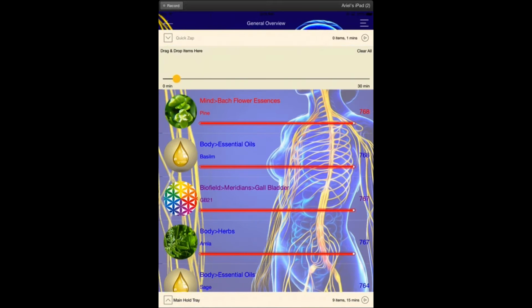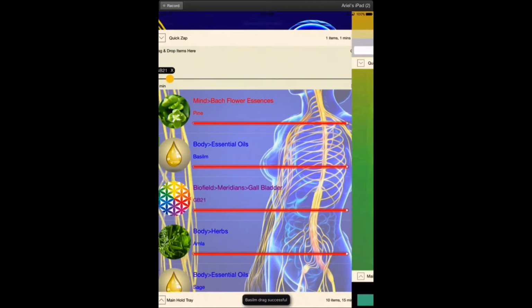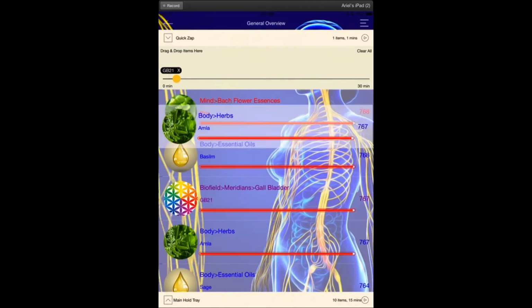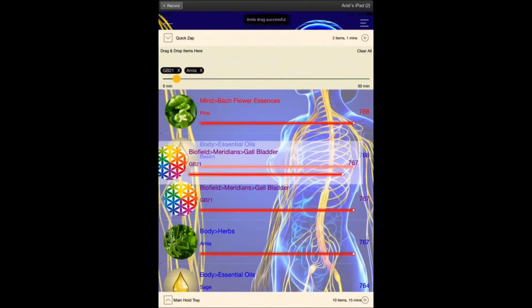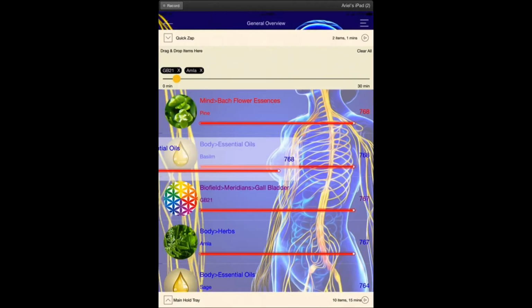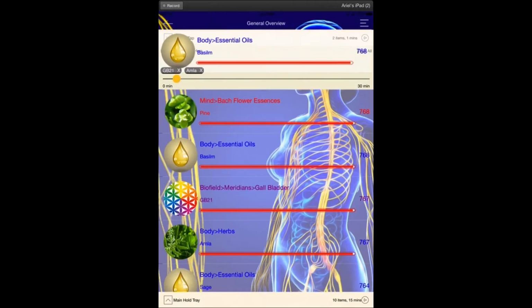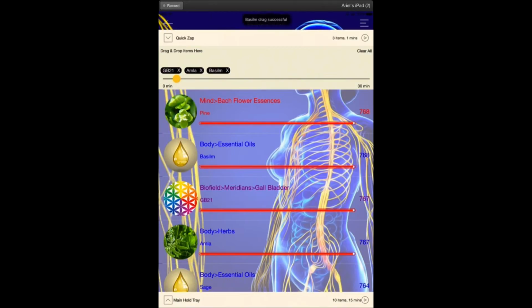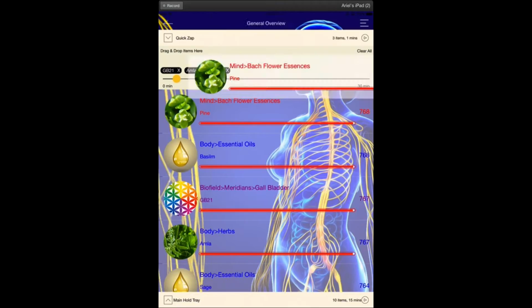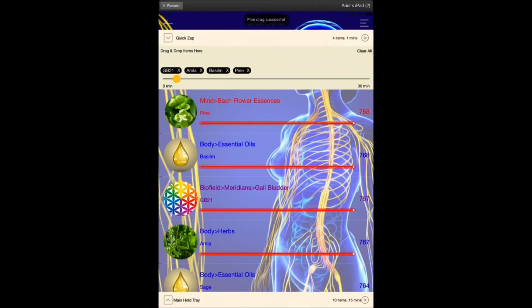So you can open up that quick zap. It really is going to depend on your methodology for balancing. What's your style of balancing? What's your take on balancing? What is it that really helps you to balance? And so that's what you are going to want to. It looks like there's still a bit of a misspelling in basil there with the M on the end. So there we go. And so we could put 4 in there and balance. So Sharon, good question. Thank you so much.